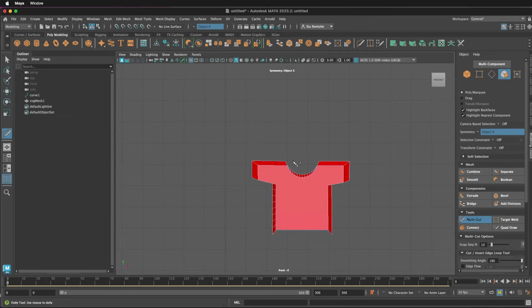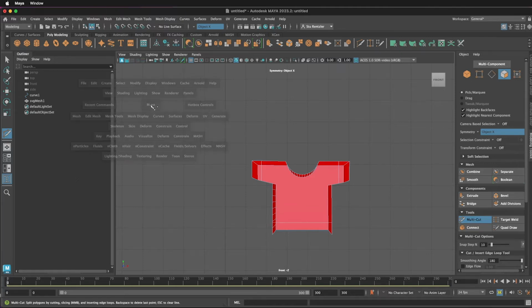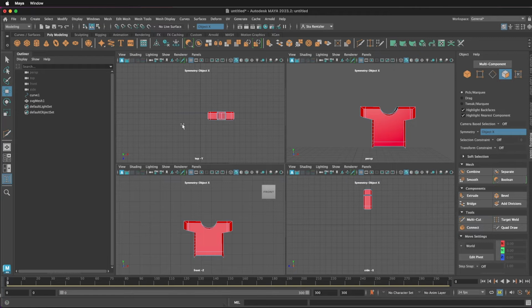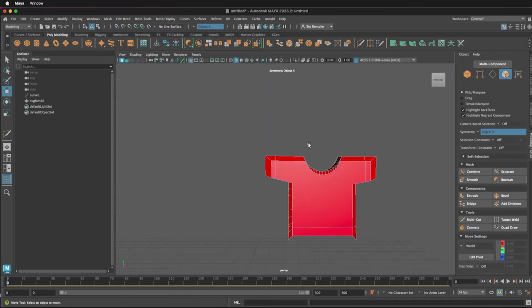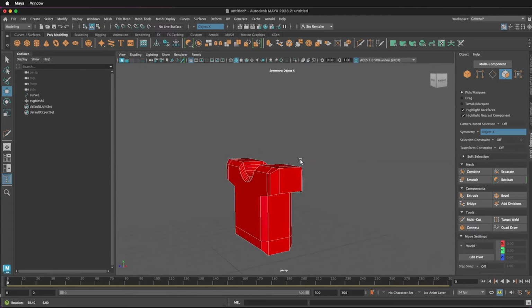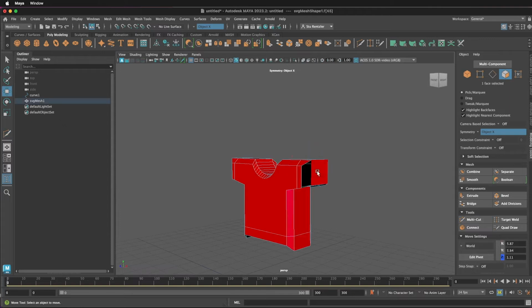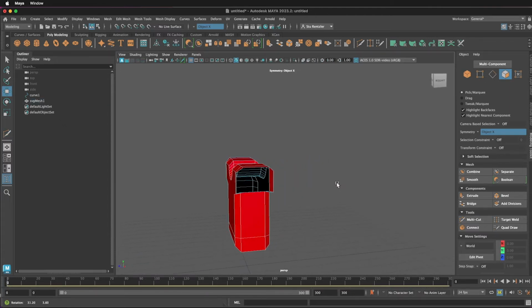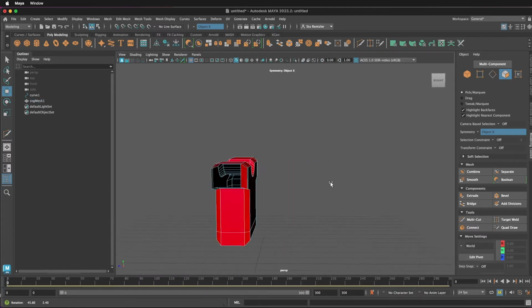And now that the object is aligned flat onto the planes, hold down shift and drag. This is the multi-cut tool, and that makes a slice going right throughout your model. Now you can jump back to the perspective viewport, pick up the move tool, click in this viewport, space bar. I'm going to open up the sleeve opening right there, so click on the face